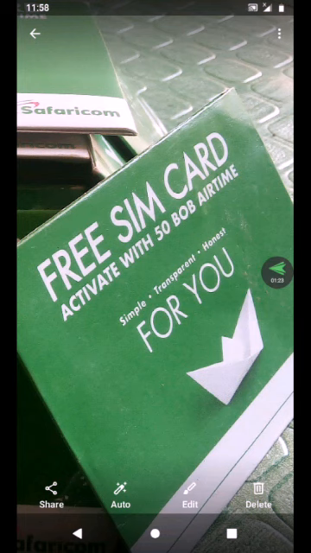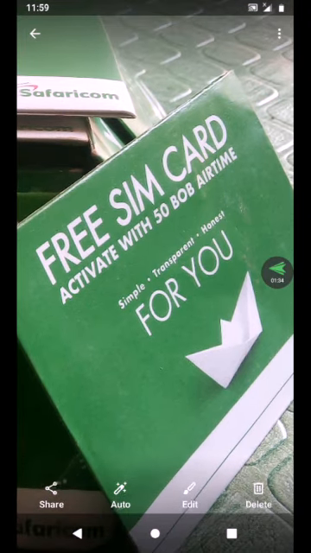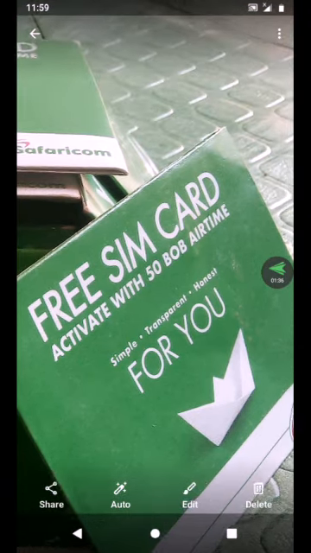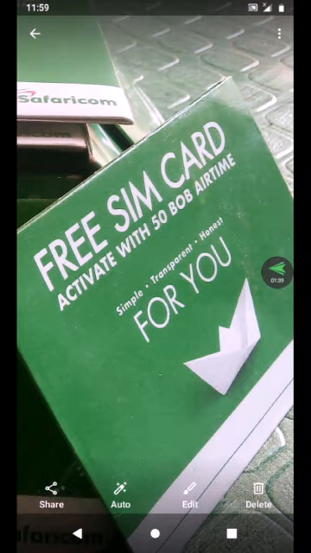If you know anybody who is selling SIM cards, or if you have any Safaricom agent, a friend maybe, a relative, or anybody you may know in this field, anaweza kusaidia kupata free SIM cards. So you can go to that person, and he gives you free SIM cards. That is option 1. Option 2, you can use your relative's, your friend's, or your family's SIM cards to access these